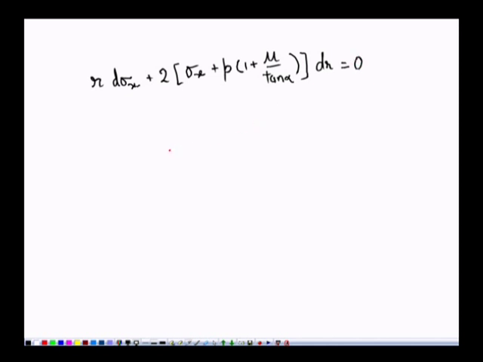Here sigma x and p are related to our yield criteria, and